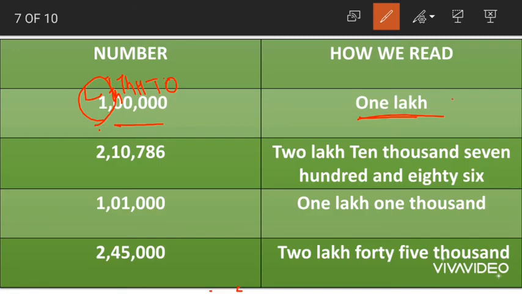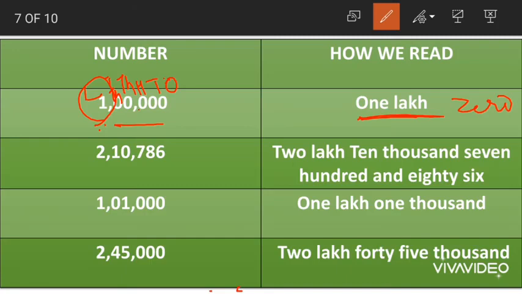We cannot say 1 lakh 0, right? We won't say 1 lakh 0. 0 has no importance here, because no matter at what place 0 is, its place value will always be 0 only. So, we are considering only 1 which is at lakhs place. So, the place value becomes 1 lakh and we read it as 1 lakh.